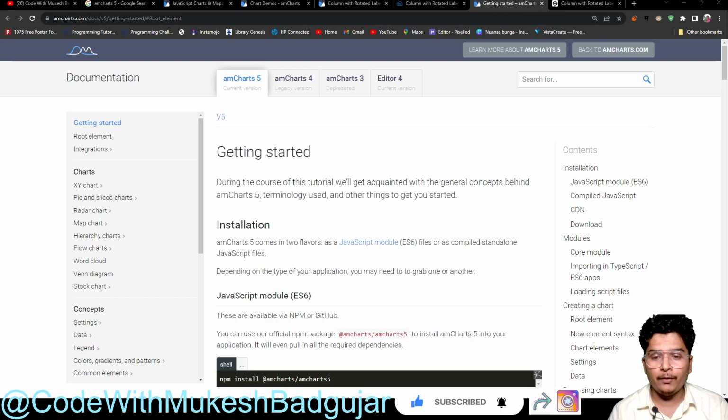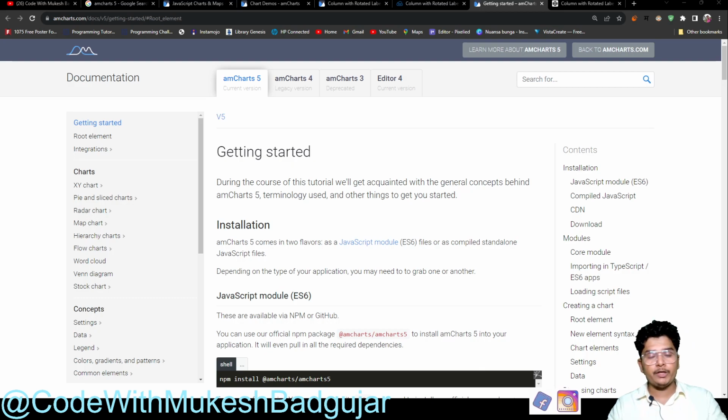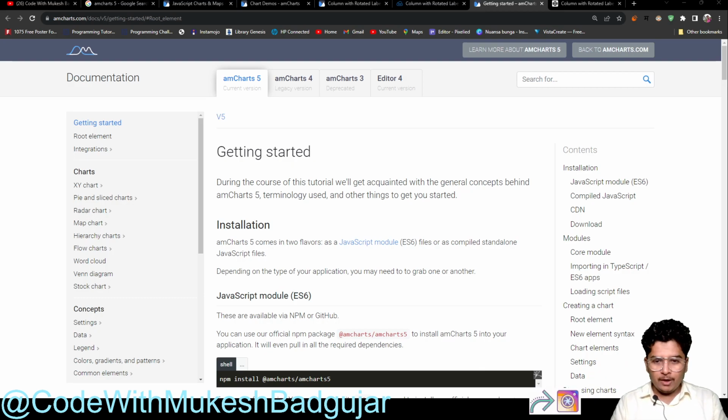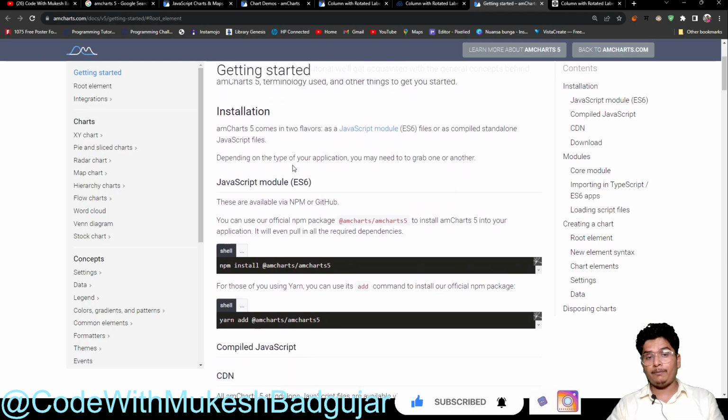Okay, so now we are just starting with what actually a root element is. Why are we using the root here, and what is the actual use of root in Amchart5? We are all looking at it because root is the most important topic in Amchart. Before going to the root, we are just focusing on the setup of installation